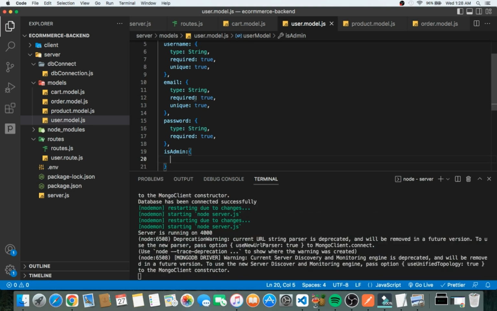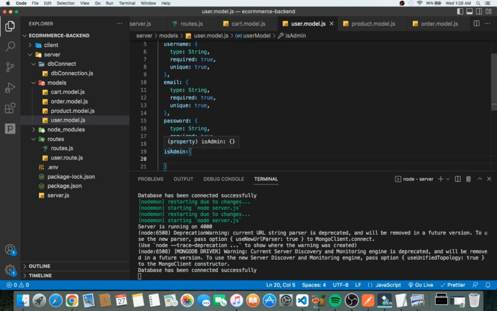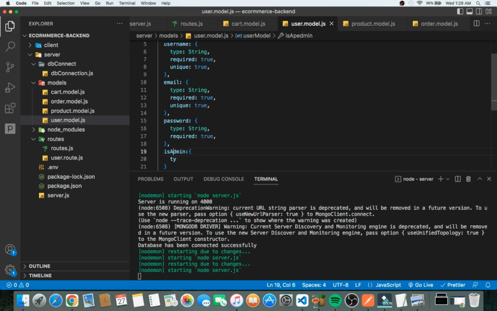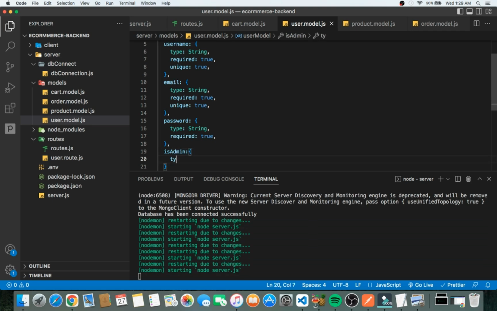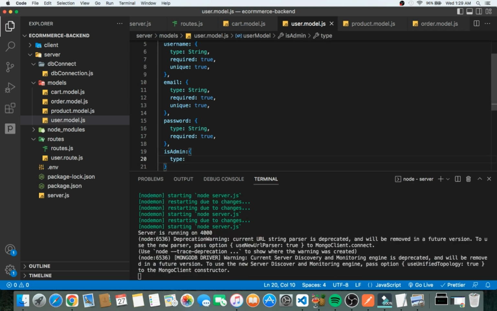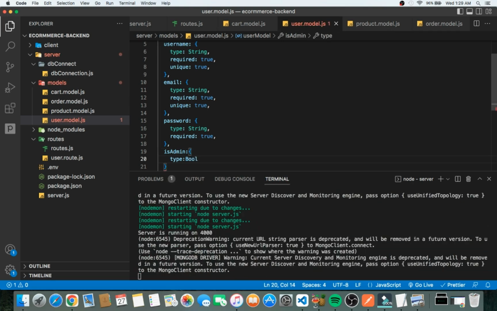When it comes to storing this type of data, as in whether something is something or it's not something, you usually want to store that type of data as a boolean. So we have this type being boolean,